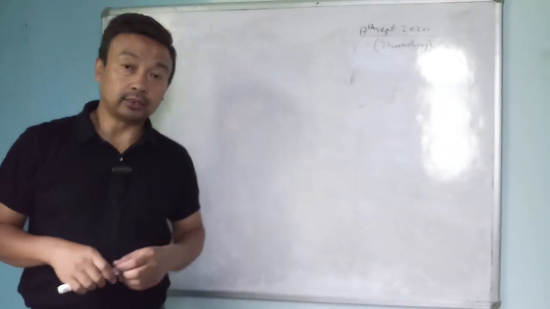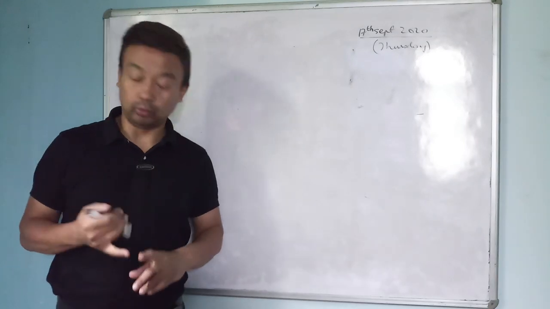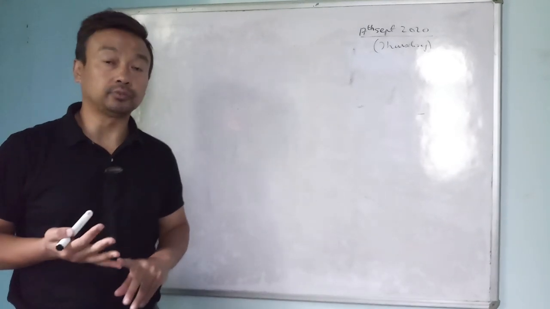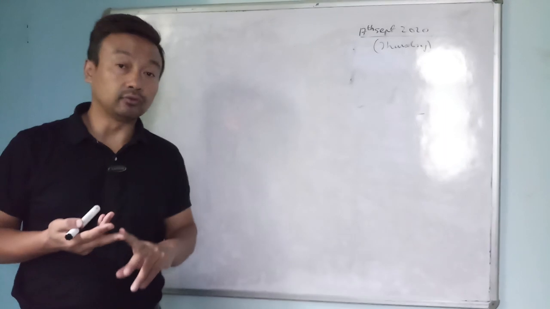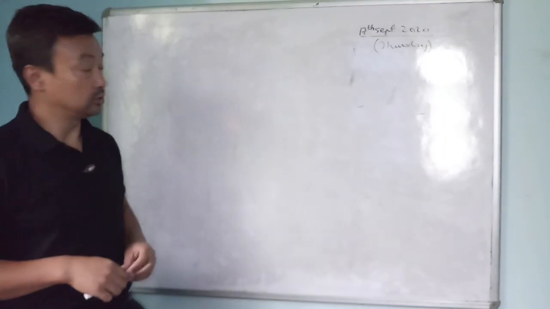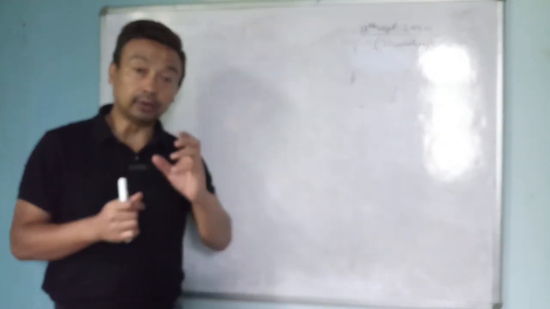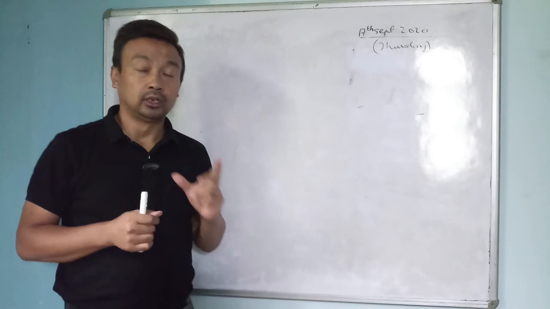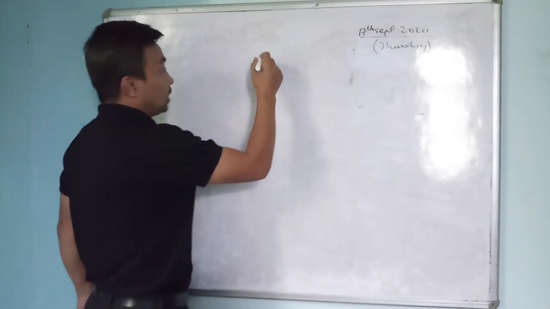In the last class we had completed the EMF of a cell and we had found the relation between EMF, the terminal voltage and the voltage drop. Now let us go to the resistance. If you recall what the resistance is, it is the obstruction to the flow of current in a conductor. These resistances are given by the symbol R,